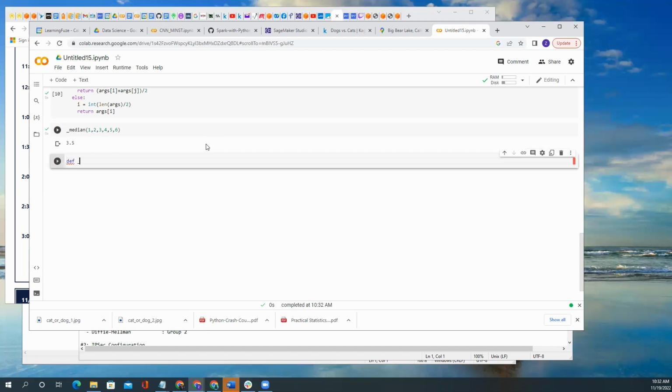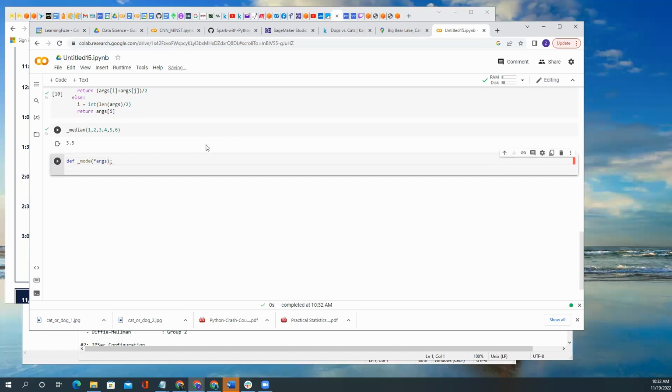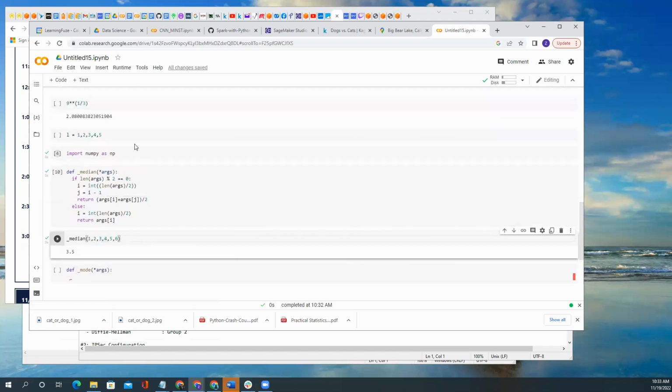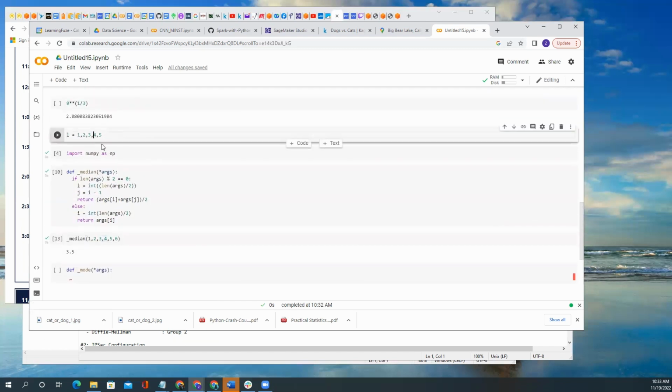So let's define mode. And again, we are going to go with the same concept of arguments. If we have, for example, let's add one more value here, so that we have a clear mode here. If we have these values, 1, 2, 3, 3, 4, 5, 3 is the mode. So what we need to do is,